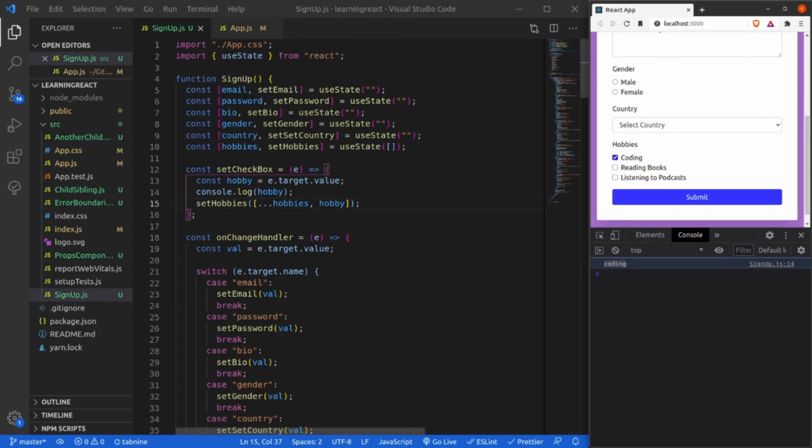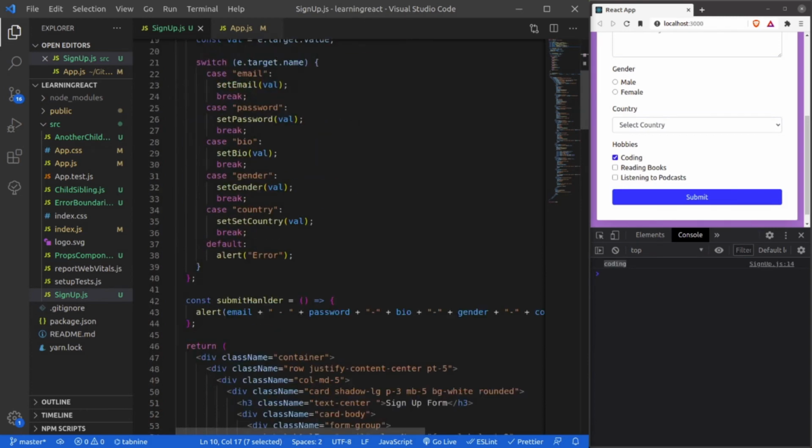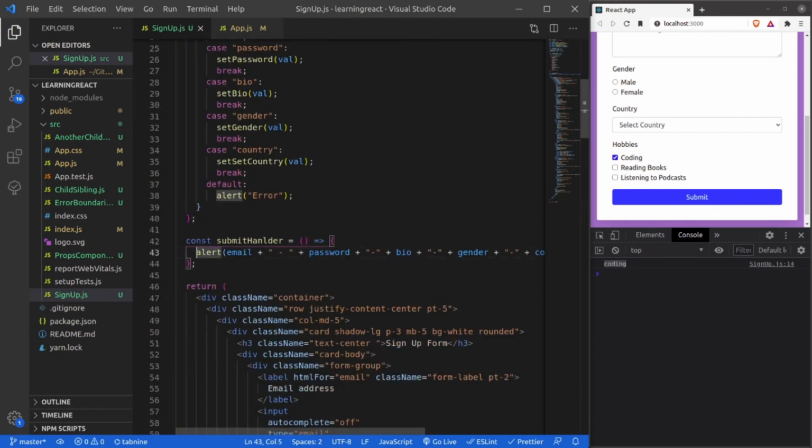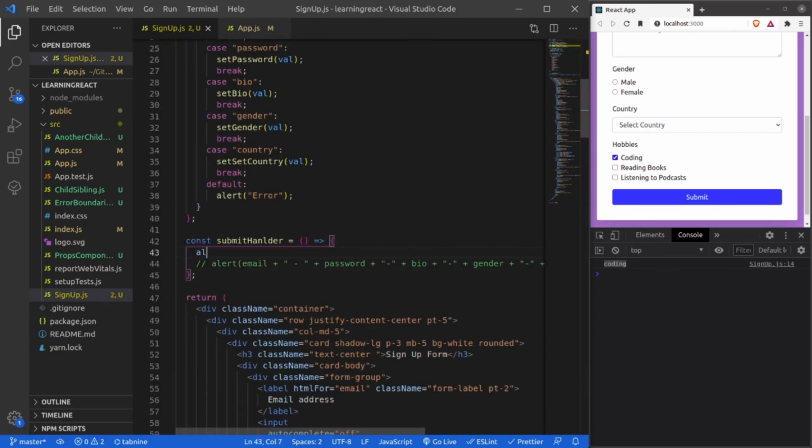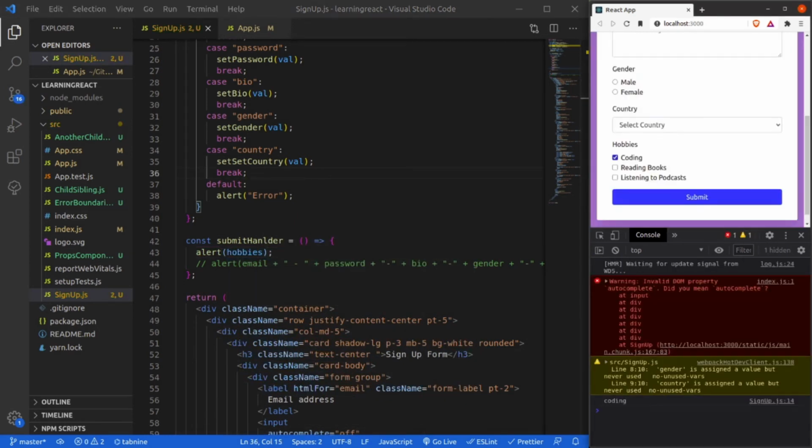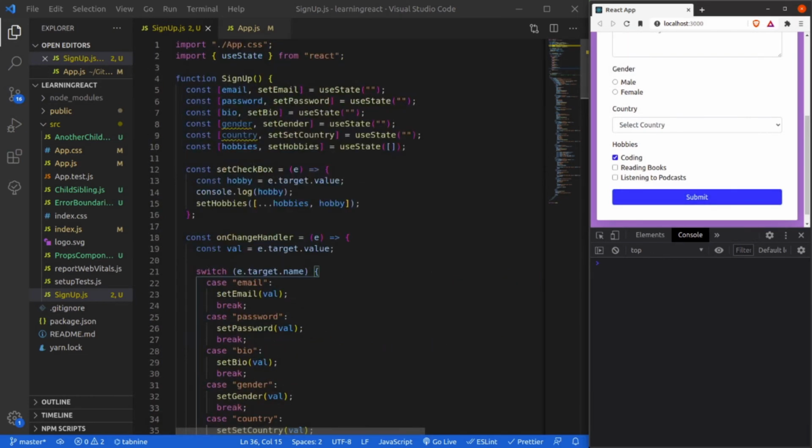And if I want to print the value of my hobbies, let me comment this out and put an alert for hobbies. Okay, guys, you can see that coding is there, right? Now the problem is even on unchecking, it is adding double values.